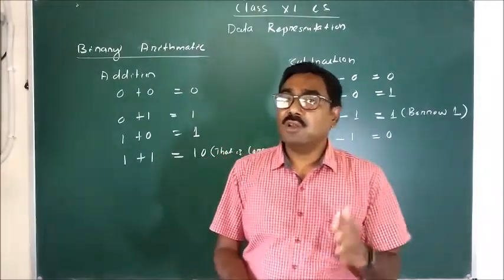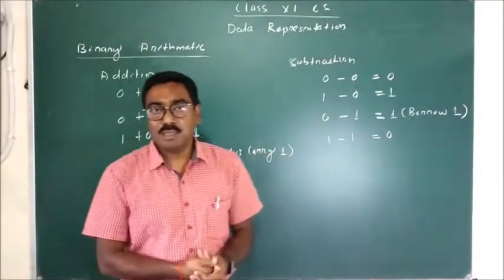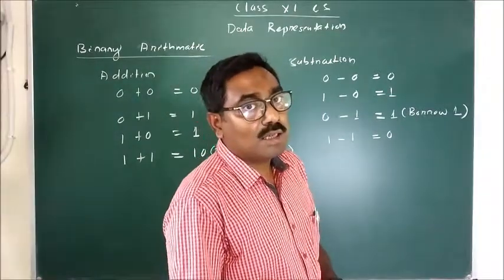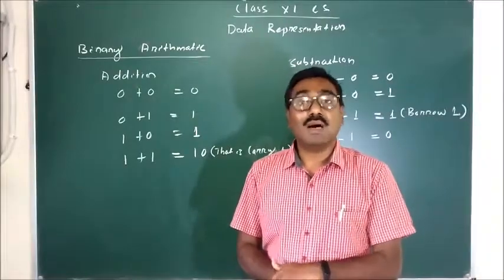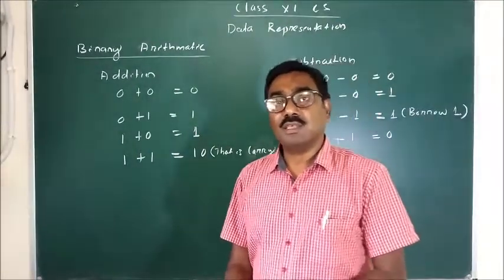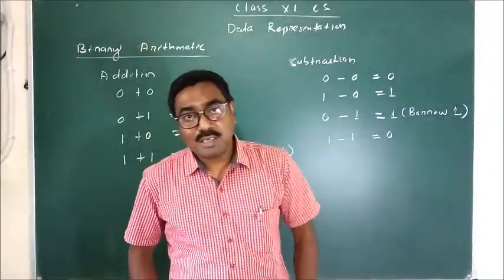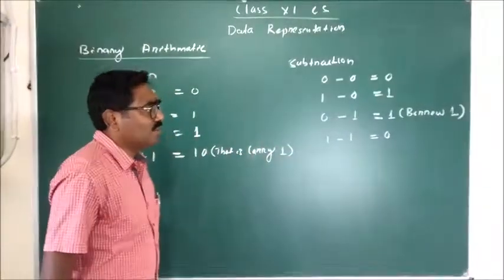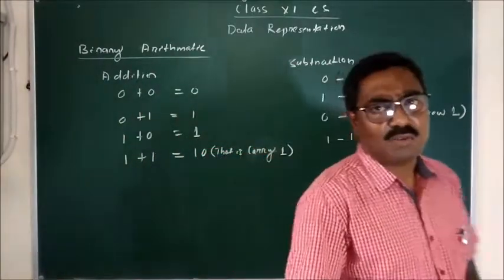Previously we learned about different kinds of number systems and how to convert between them. From that we came to know that everything in a computer is done through binary numbers, or the binary number system, which is nothing but a number system having only 0 and 1. So today we'll go for the different kinds of arithmetic, basically the addition and subtraction part: how binary numbers are added and how binary numbers are subtracted.